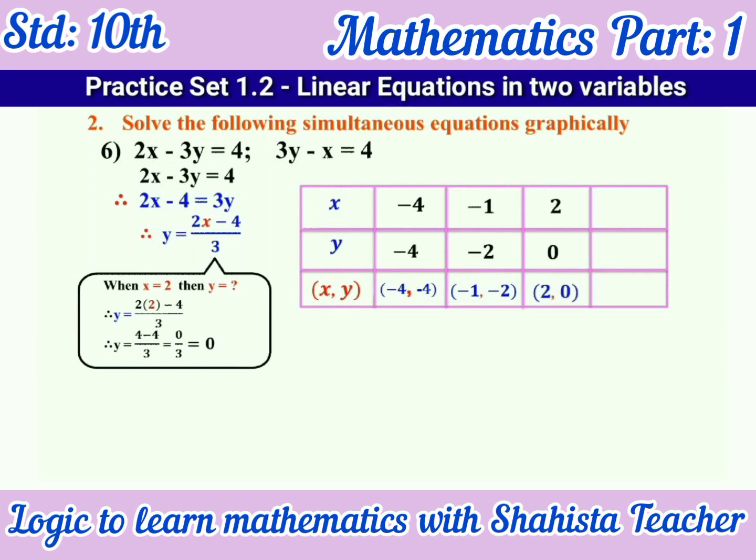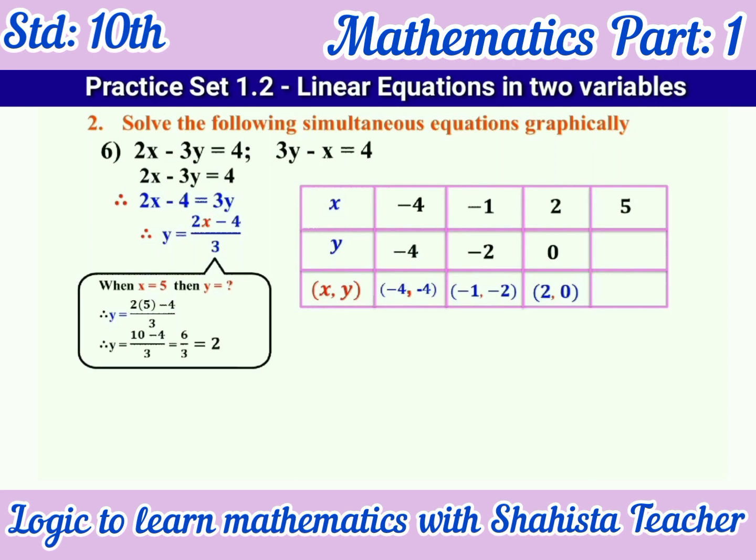Now the last box. Now here let us consider the value of x is 5. We have considered x is 5, but we don't know the value of y. So in the place of x we will put 5. So 2 bracket 5 minus 4 upon 3. So 2 5s are 10 minus 4 upon 3. So 10 minus 4 is 6 upon 3. 3 1s are 3, 3 2s are 6.